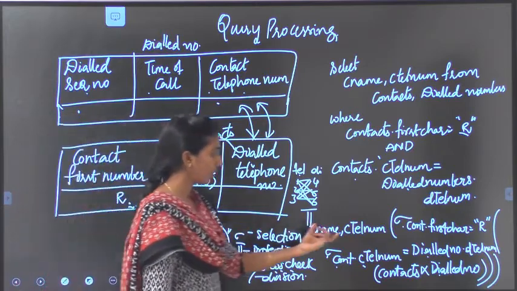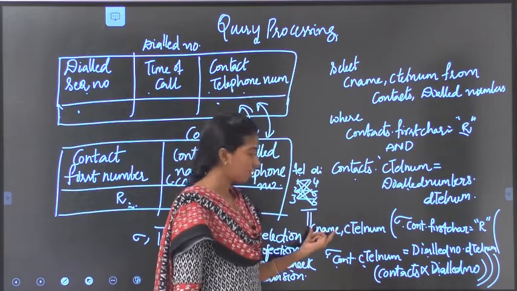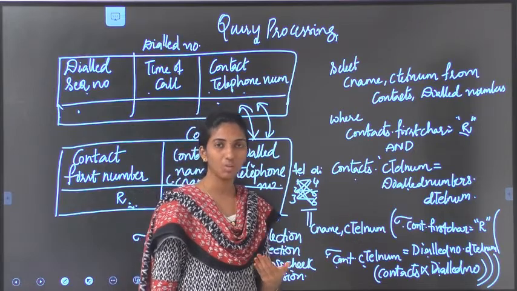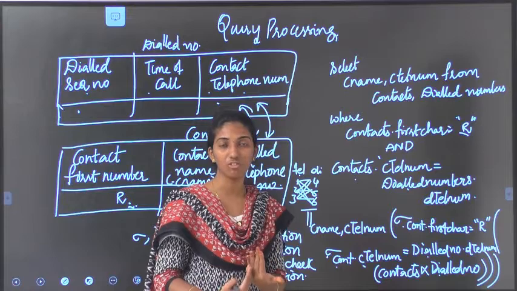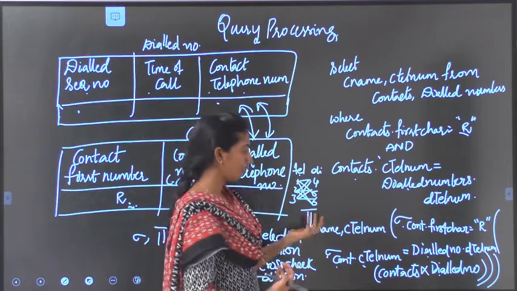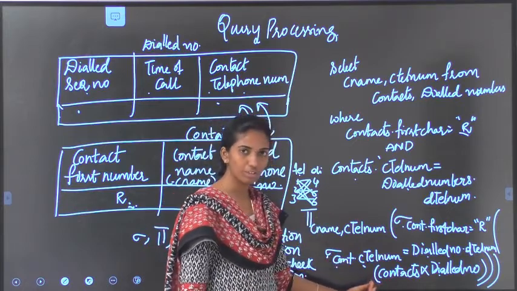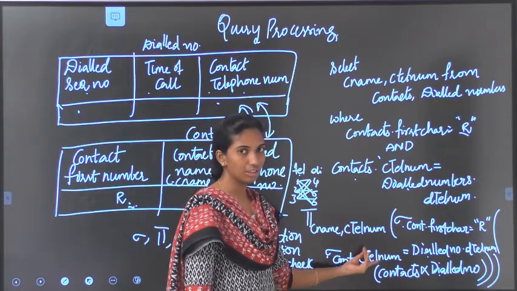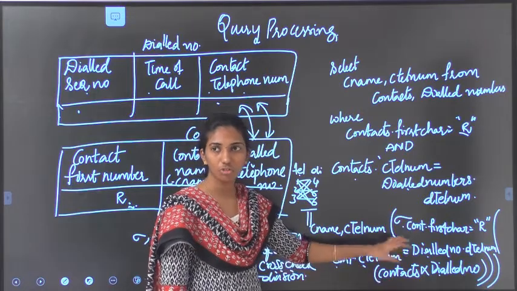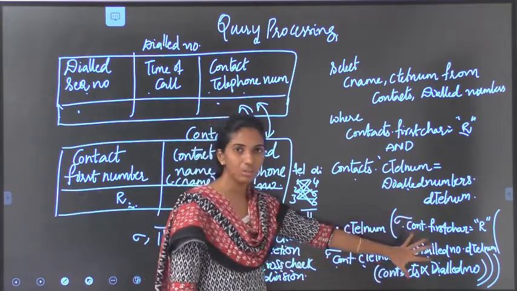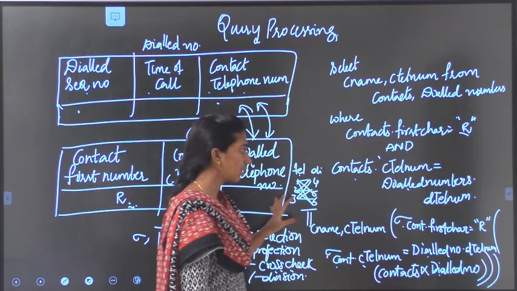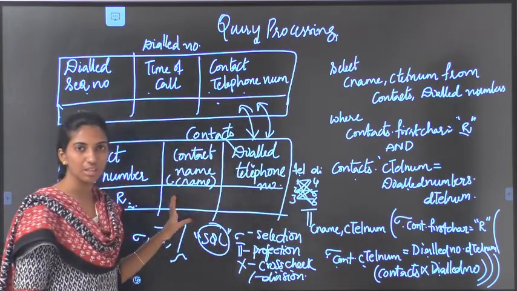Whatever result you get, you are going to project it on the screen. So this is a pi, CNAME, tel num, the list of attributes that matches the first character with R as well as the telephone numbers. So first it needs to perform the cross operation, then the equality condition, and then verify the other condition. If crossing takes a long amount of time, it needs to optimize, and whatever data is fetched from the database gets projected onto the screen. So this is the normal basic working of query processing.